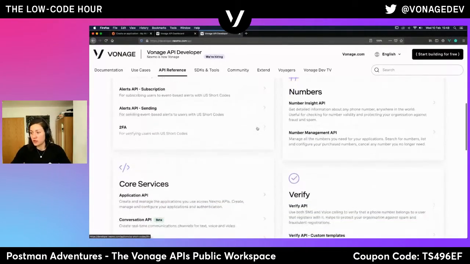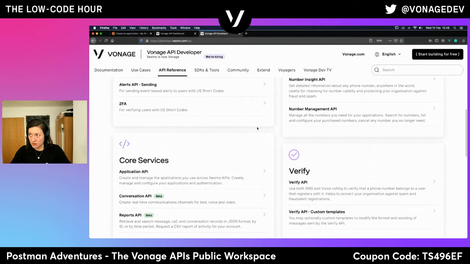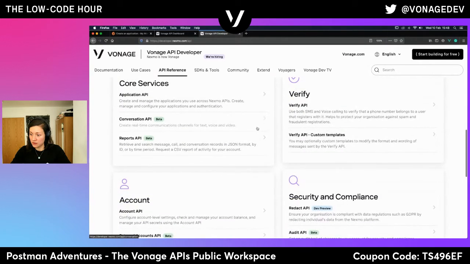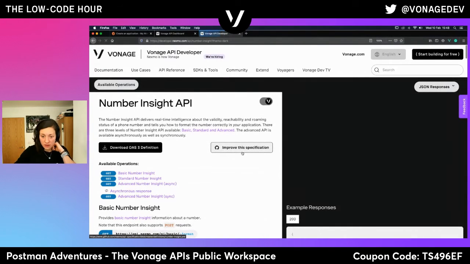Which API should we look at? So verify is a little longer, although I quite like it. Number insight might be. Okay, so